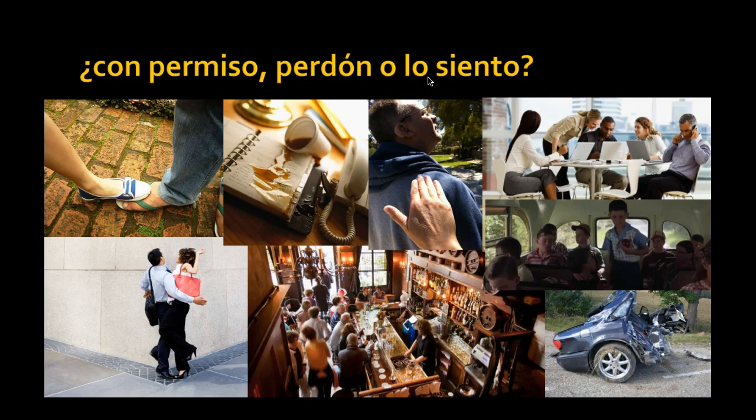As you probably read in your textbook, con permiso is what you're going to use when you're anticipating an action that's going to happen. So let's say that you're walking in a crowded area at a concert, you need to get by somebody, or you're with your shopping cart and you need to go around somebody. You're anticipating doing something. So you say con permiso. Let's say that you have a not serious little accident. You would say perdón.